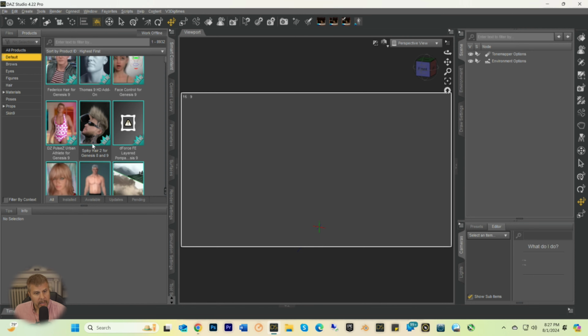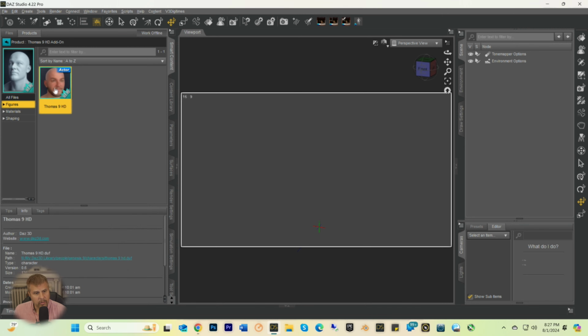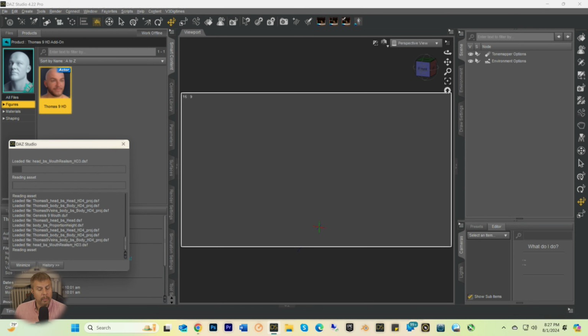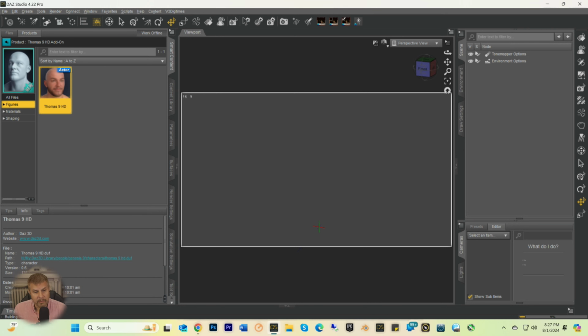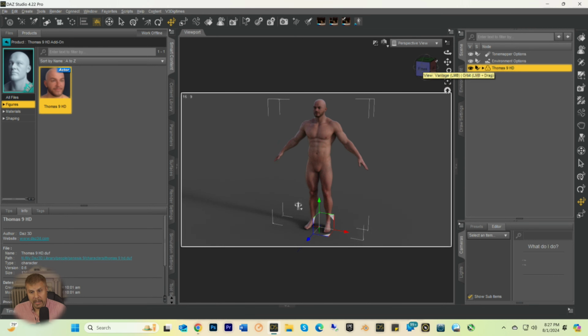Okay, so what I'm going to do is, now I have a new character, and his name is Thomas. We're going to put Thomas in the scene. I like Thomas a lot. Every time Daz, the artists themselves, I don't know what to call them, the Daz PAs versus the independent PAs, every time the Daz PAs put out characters, they just get better and better, and so anytime that they put out a figure like a Genesis,